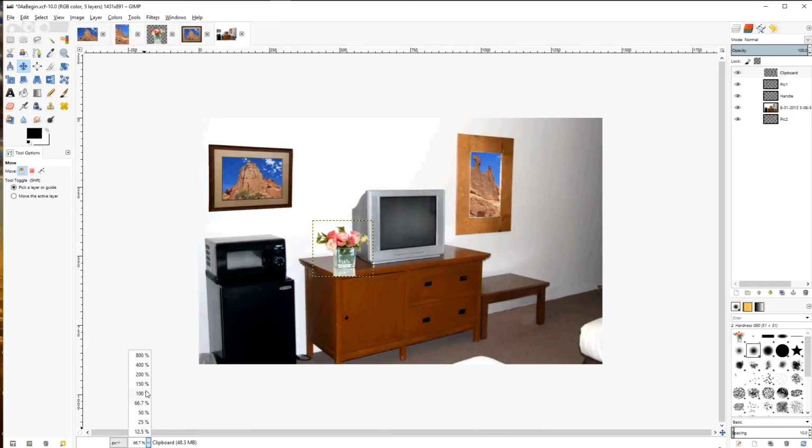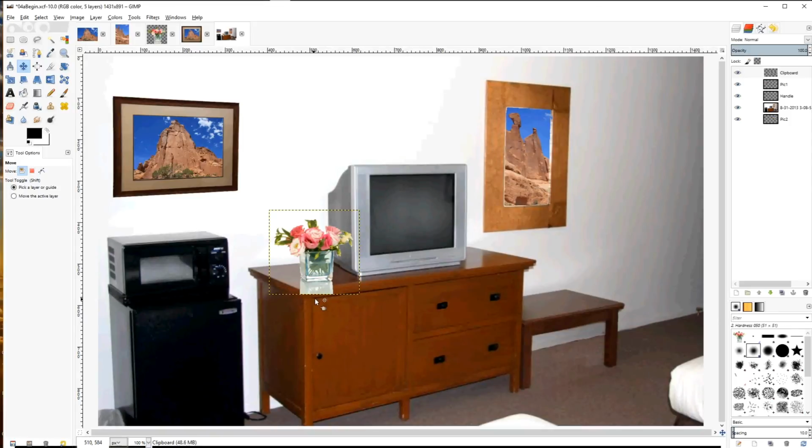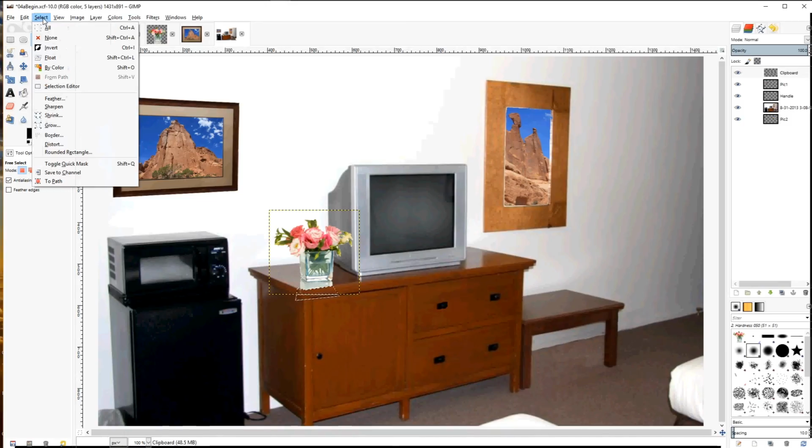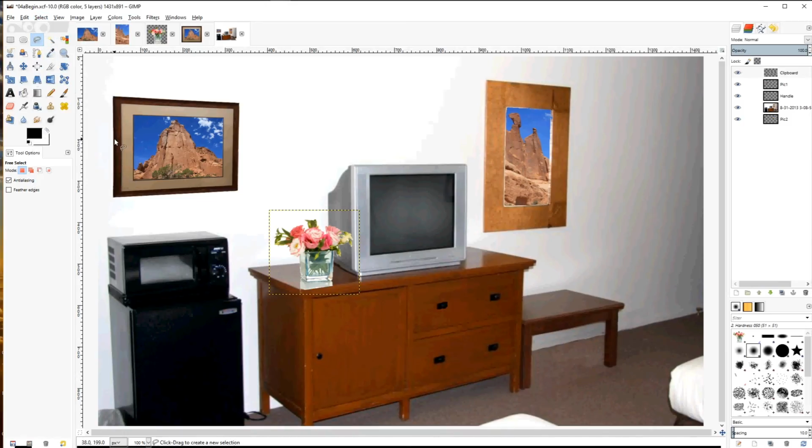Let's zoom in a bit on it. Now, reflections can't go over the edge. So I'm going to take the Free Select tool. I'm going to click out here. That's about the intersection of those two edges. There, there, there, up there. Press Delete on the keyboard. Deselect it. Now with the Scissors tool,